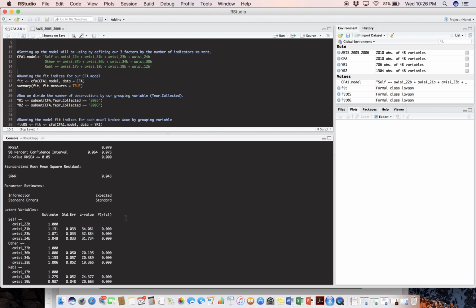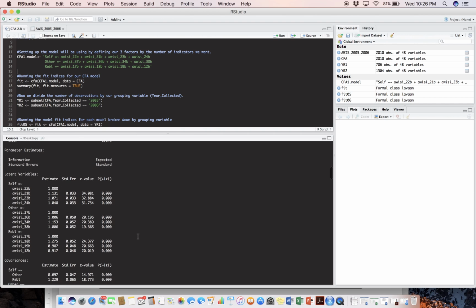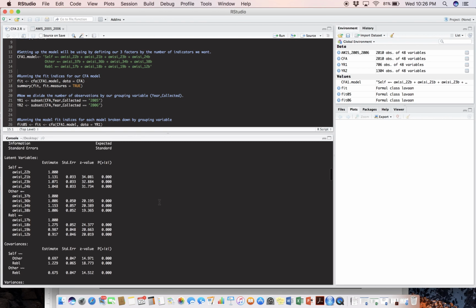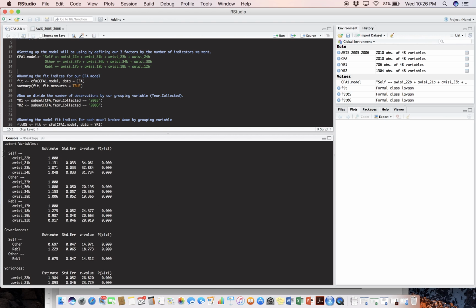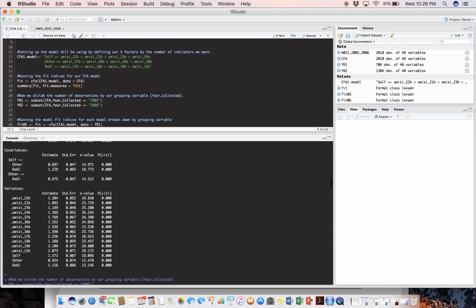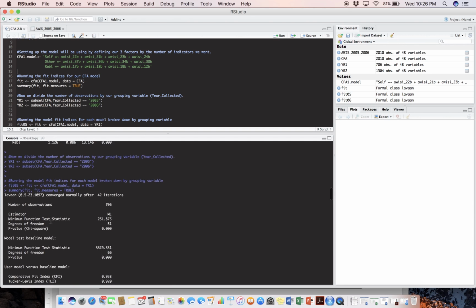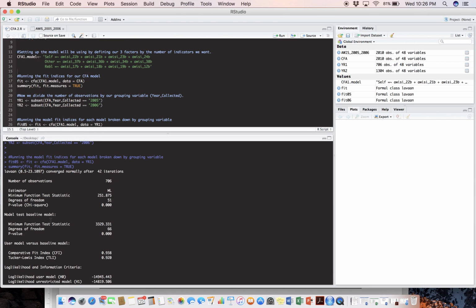And let's take a look at our latent variables and see that, okay, yep, looks like all our variables pretty much loaded as we expected. And we have our self construct, our self latent variable, our otherness latent variable, and our rebelliousness latent variable. All right, so this is our second model,